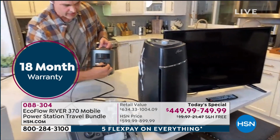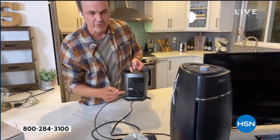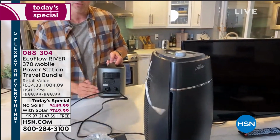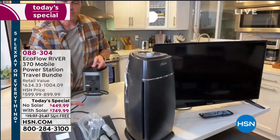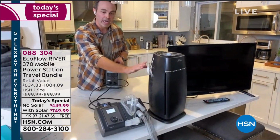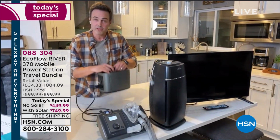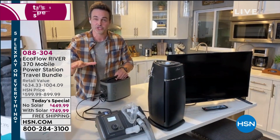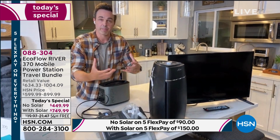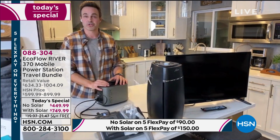I've got an air purifier here. Let's go ahead and plug in our air purifier again to our grounded 3-prong wall outlets. These are just regular AC wall outlets, just like you would find in your home. You can plug in all of this stuff. Now you are breathing easy. Now you are sanitizing your air around your house. But what about those of you at home who rely on a scooter? Pop one of these in the basket of your scooter while you're doing your grocery shopping, and never run out of battery power in your scooter again,